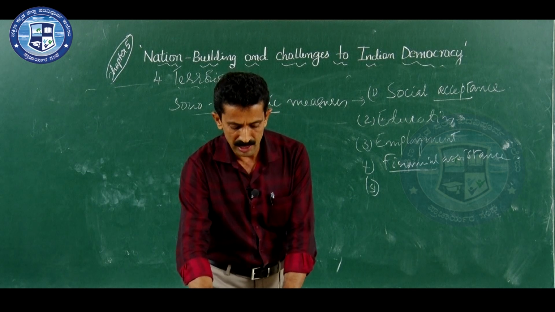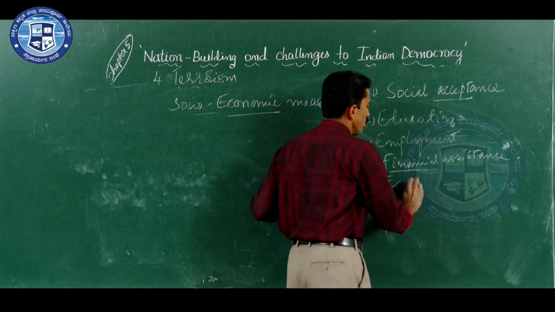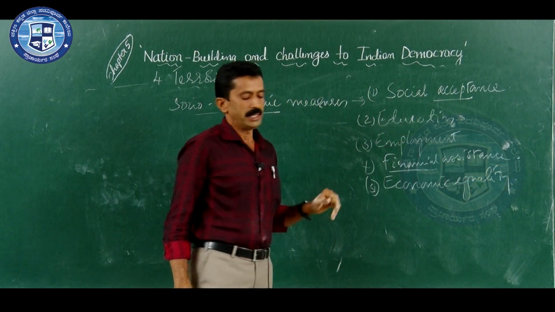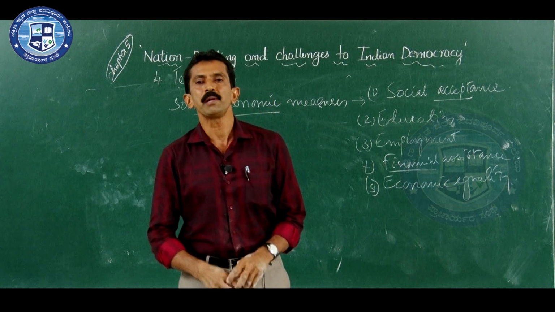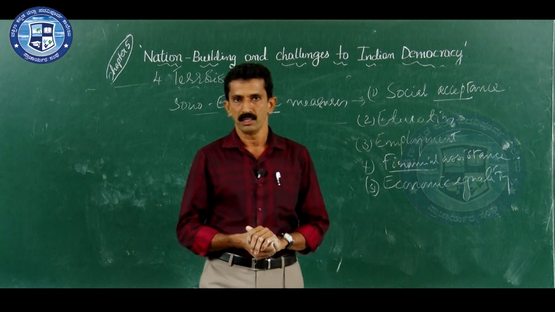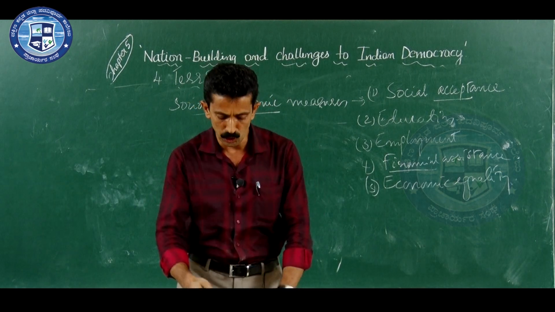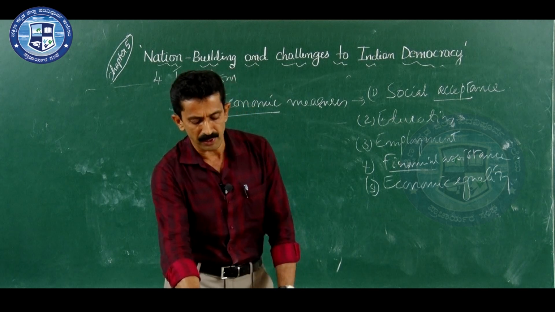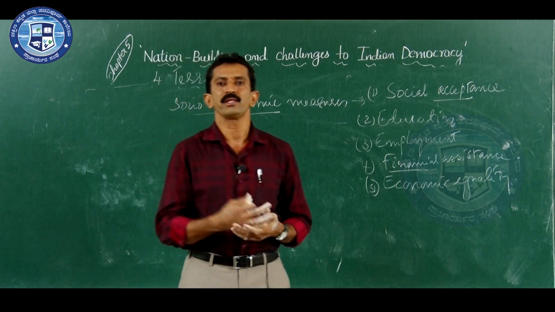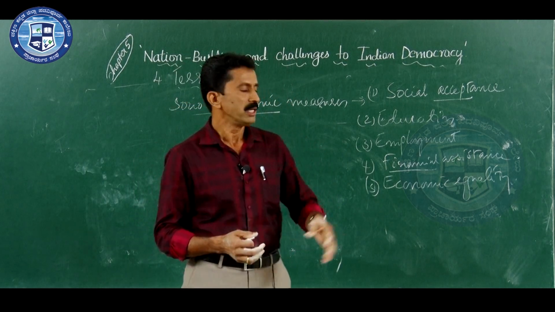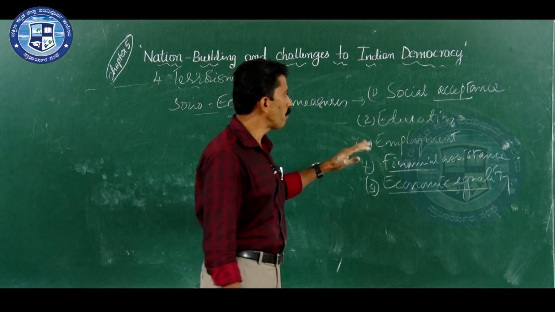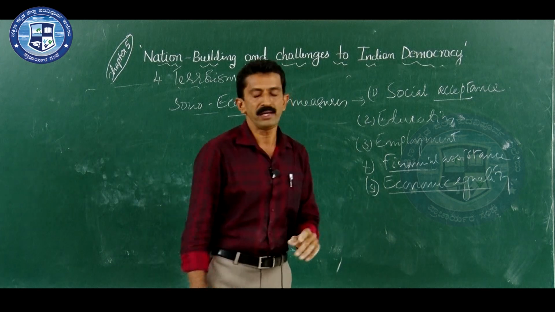Then the fifth one is economic equality. It is necessary for the government to formulate policies to eradicate economic inequalities. The difference between the poor and the rich should be minimized. Extreme poverty and exploitation can become an ideal ground for terrorist organizations. That is why it is necessary to maintain economic equality in the society, and thereby we can prevent the individual